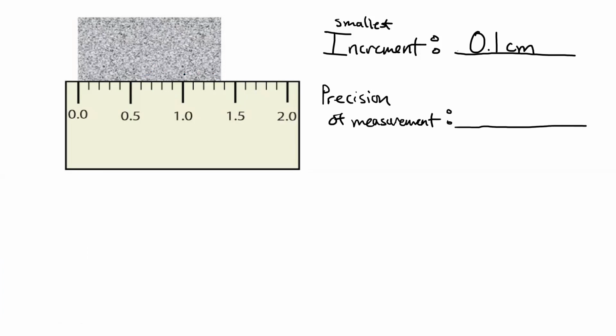The increment is determined by the smallest distance between two of the clearly indicated demarcations. It doesn't matter whether they are clearly labeled with a numeric value. They are still clearly indicated, demarked increments. Now, the precision of measurement becomes